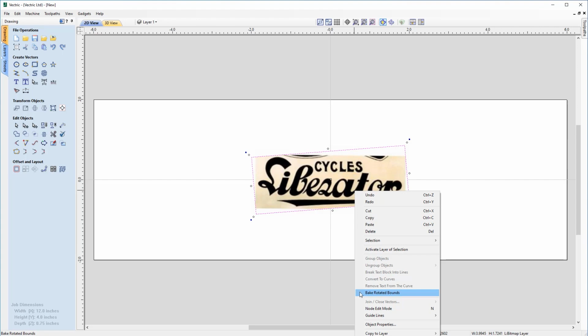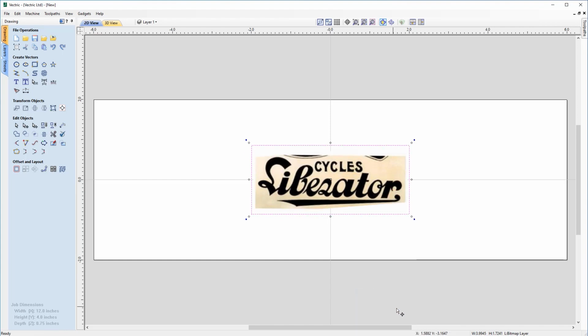So when we bake this, we're actually going to get a brand new bounding box that is going to be bigger than the bitmap itself. And I'll show you how we'll fix that in a moment. So at the moment, let's bake the rotated bounds. You'll notice we've now got a new bounding box that is larger than our bitmap around the bitmap in the center here. Now, this has cleaned up the bitmap a little bit, which looks a lot better,